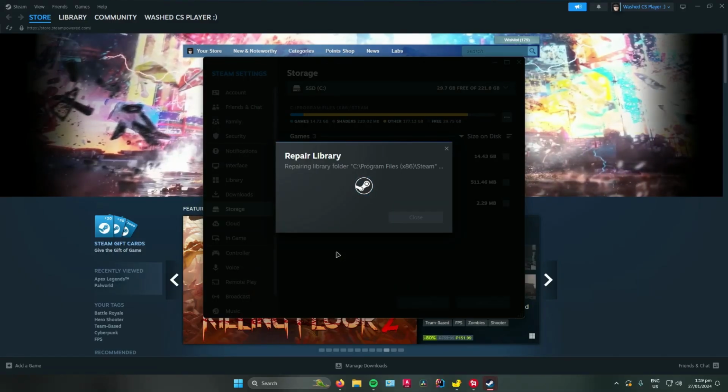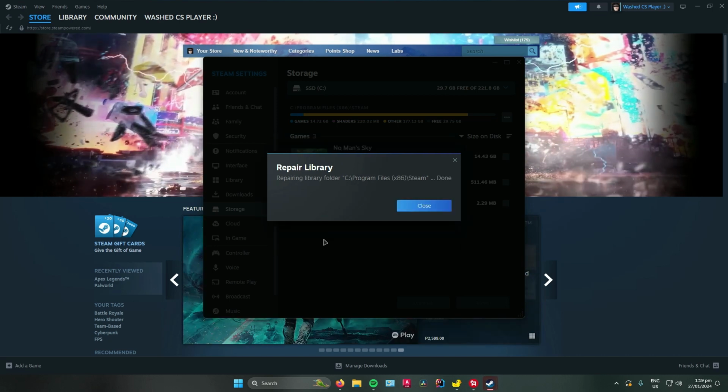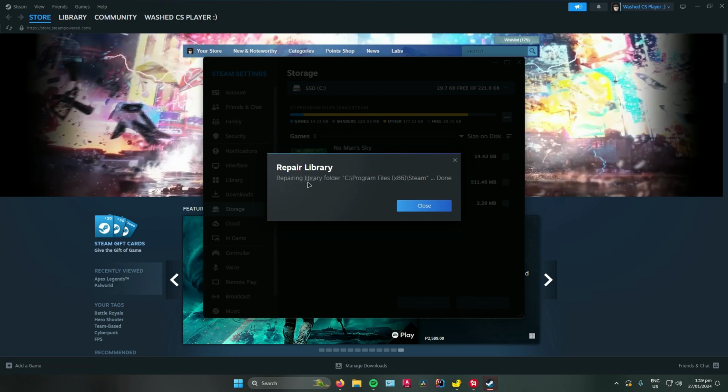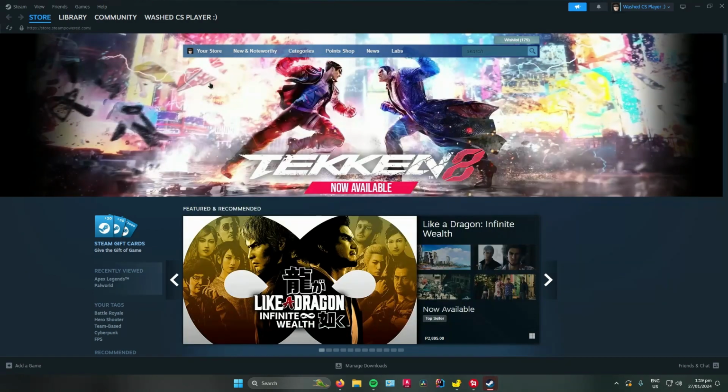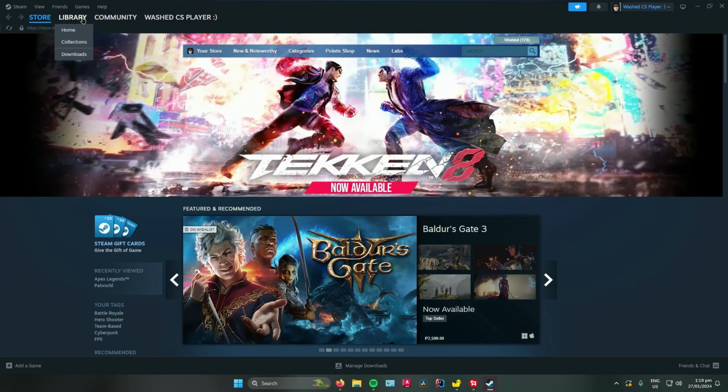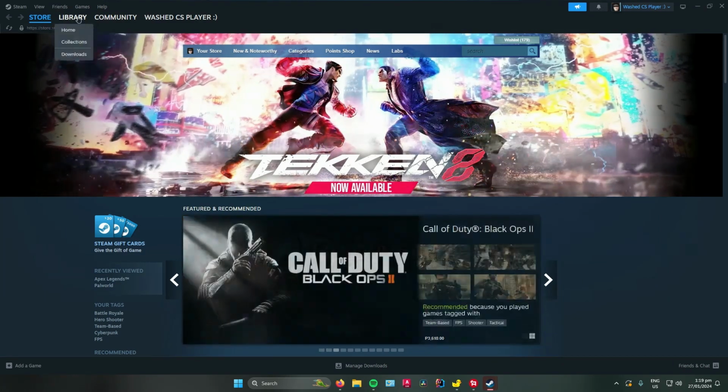You can see it's now repairing the library, so wait for that to finish. Once it's done, this will pop up. It will say repairing library folder is done. Click on close, and then if that still doesn't work, what you can do now is go to library,